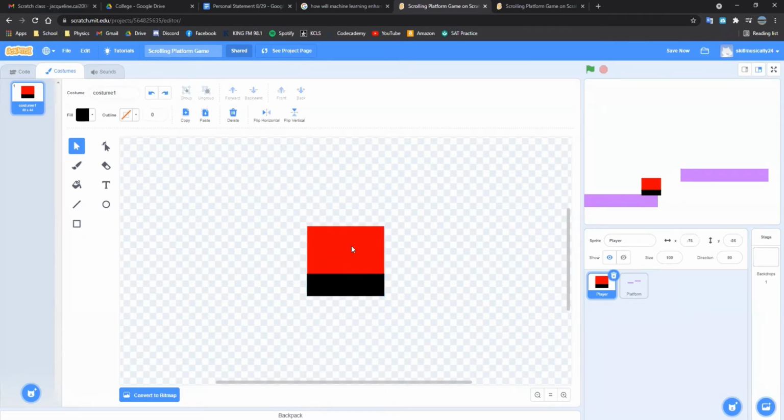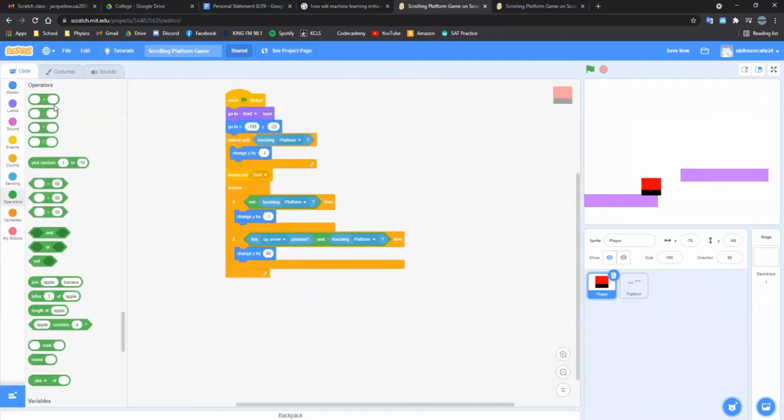You have to make sure that they're two different colors for this part of the code to work. So the concept that we're going to be using is if any of this red part is touching the purple platform,